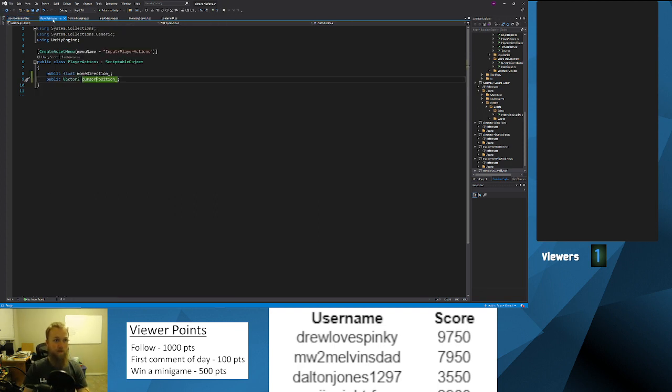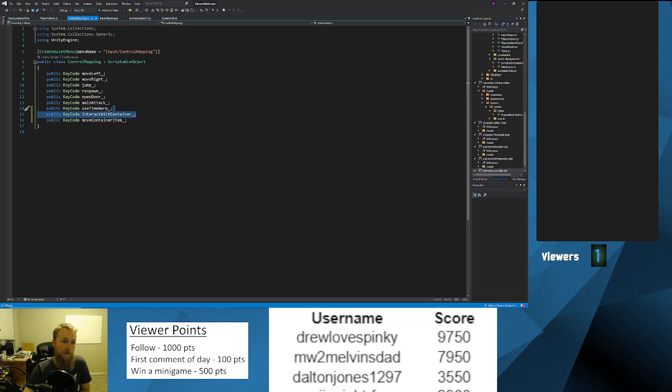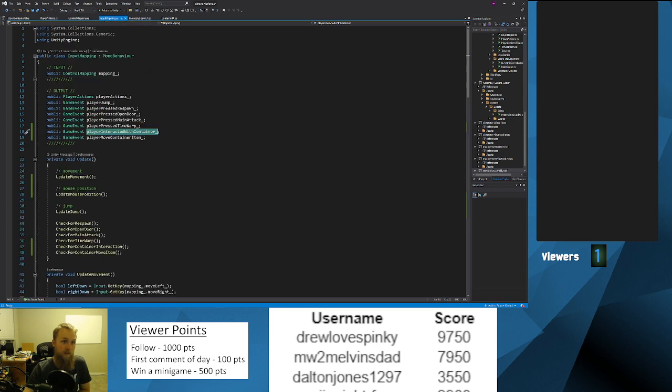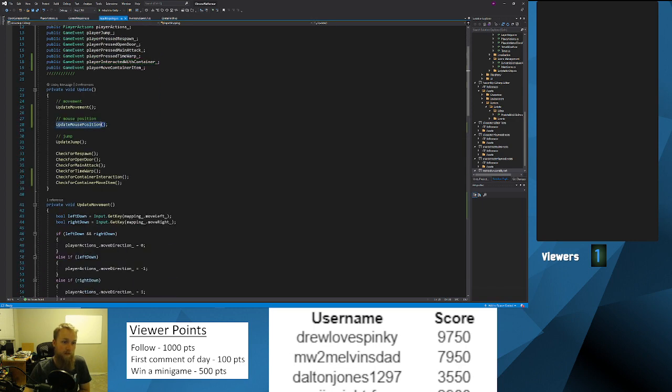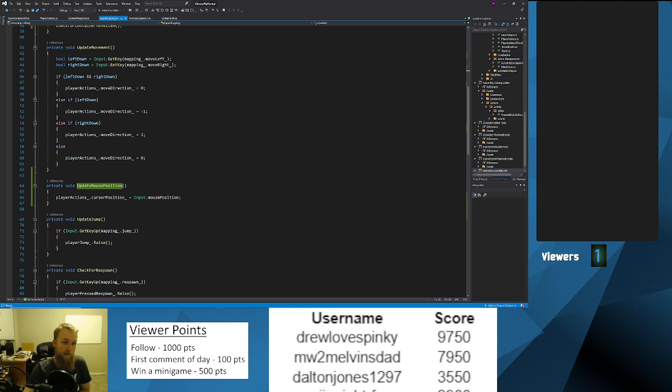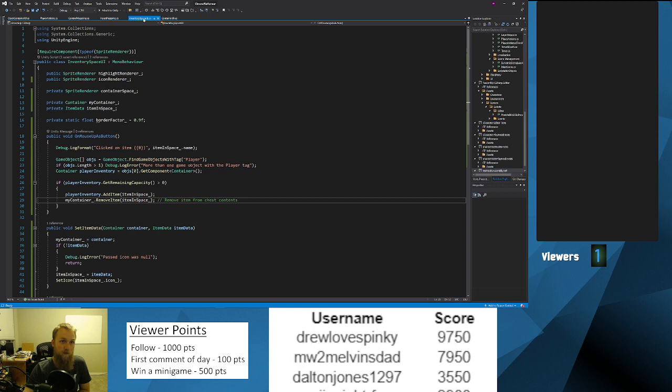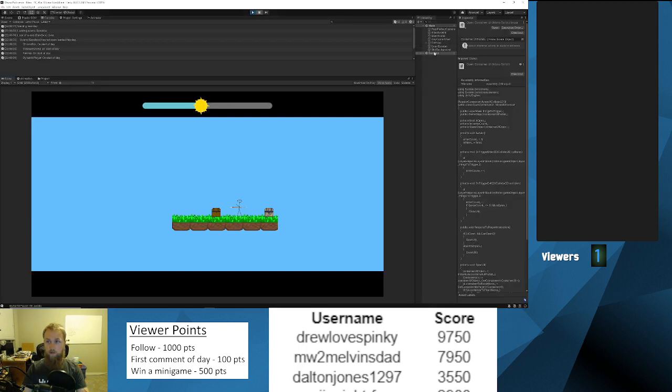I was at first going to put the cursor position into the player actions object, and then I update that here in the input mapping, like so. I was going to listen to it in the inventory space UI, but then I found out about this really cool thing called OnMouseUpAsButton, and this will work as long as your